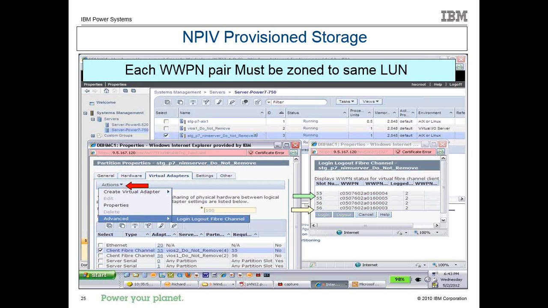Well, what happens is sometimes the SAN team doesn't want to zone all 4 of these because they only see 2 of them logged in at a time, so they'll zone the even numbers, which in this case are 004 and 002, and they don't zone 003 and 005. So you have to tell them when you're going to do LPM, you need to zone 004 and 005 and 002 and 003.